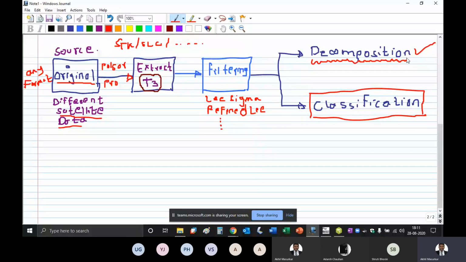So you depend on the value of the backscatter, and not just the value but the type. That means whether it's a single bounce scatter, an odd bounce, or an even bounce. Even bounce means double bounce, or it is volume scattering, or it is helical, and there are many. Currently there is work going on in 7 component decomposition, so their different responses are used to decompose the image.